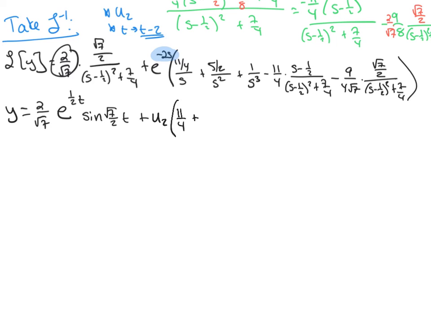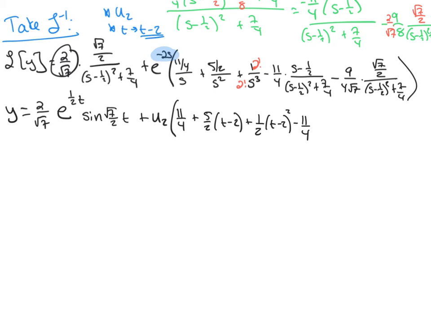But the 5/2 over s squared came from a t, so this will be 5/2 times t minus 2. The 1 over s cubed came from a t squared, but it should have been a 2 factorial, so there should be a 2 factorial in the bottom. So we have 1 over 2 factorial, or 1 over 2, times t minus 2 squared. Okay, minus